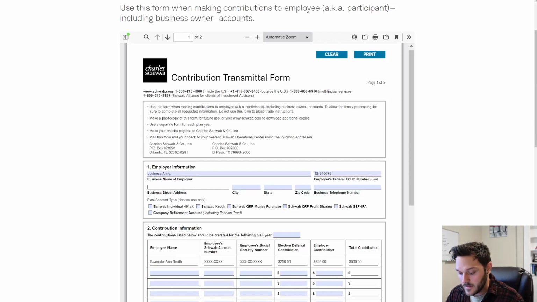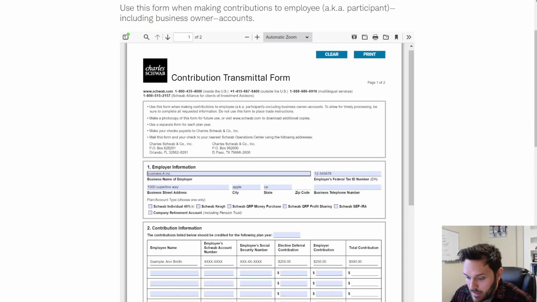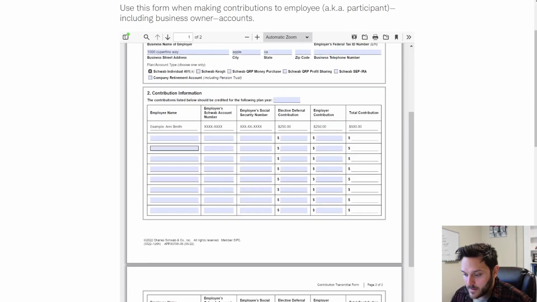What is it? 100 Cupertino Way. I have no idea. So type it in, doesn't matter. And then you're basically just going to earmark what type of account you have. So in this case, it's going to be a 401k. So we are going to choose the 401k, and then from here,